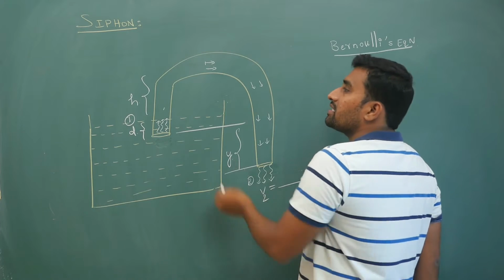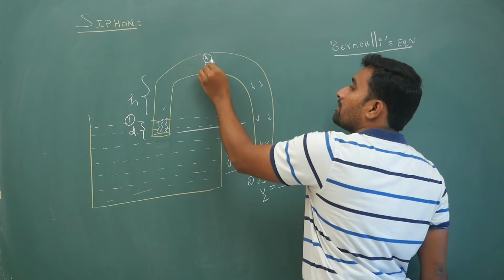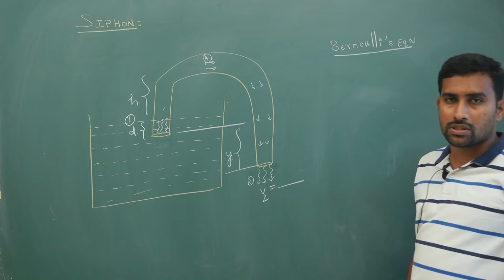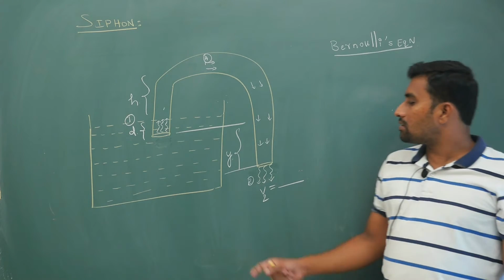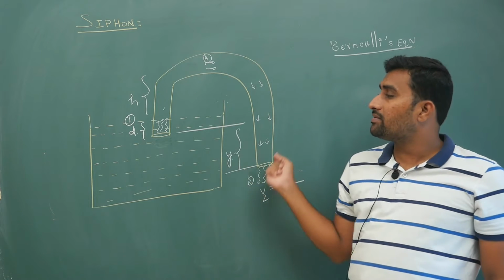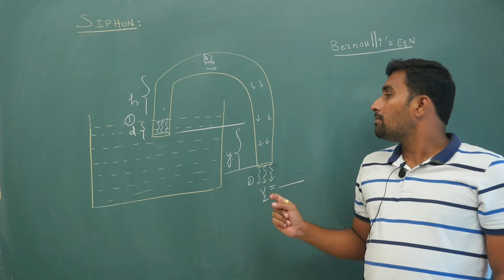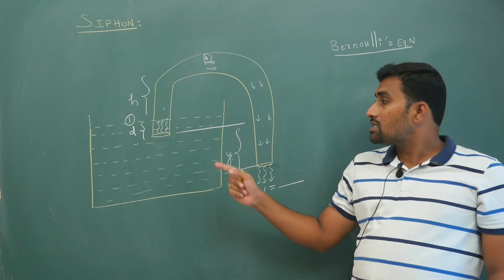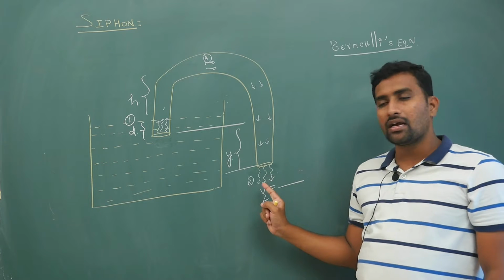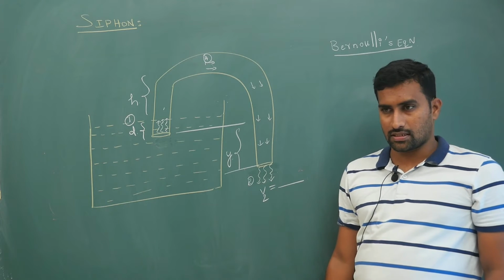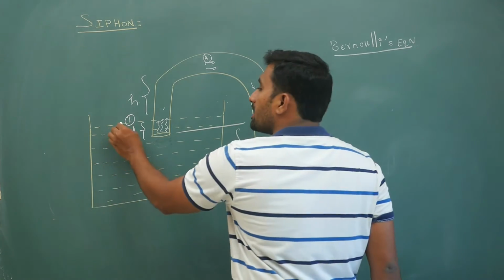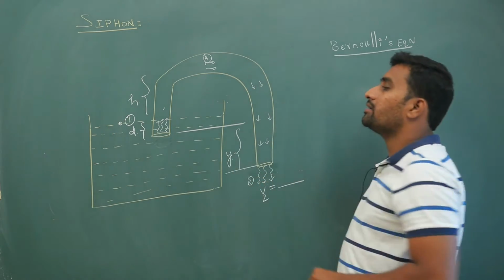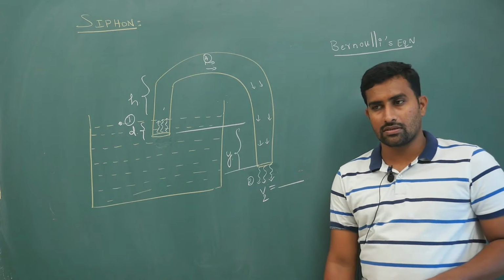So at all the points you will have the same speed. At this point if it is V2, if you take this point as some A, here also you will have the same speed, because the equation of continuity must hold. So to hold this equation of continuity, your speed will remain constant, but do not try to apply Bernoulli's equation between the point here and here, that will obviously give you a wrong answer. Now what you are doing is taking some point here and some point here and trying to apply Bernoulli's equation.